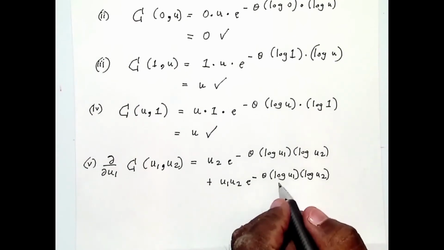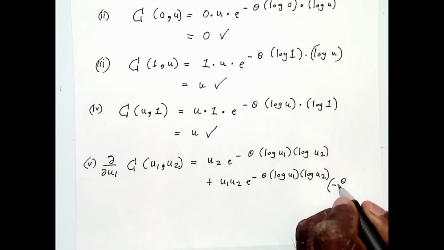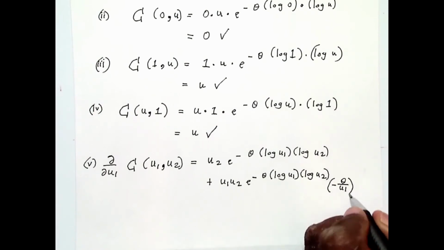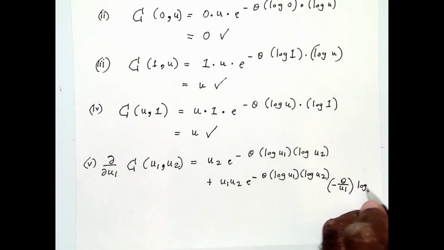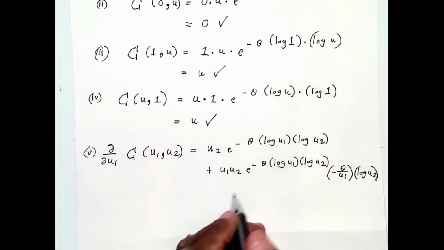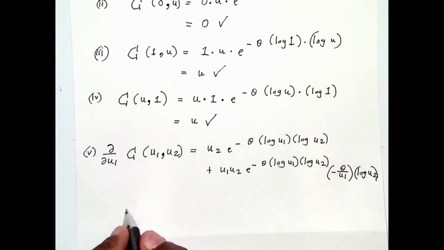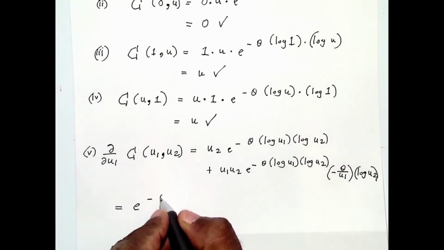Multiplied by minus theta over u1 times log of u2. So this is what you will get after using the product rule. Okay. So now if you simplify this, you will get the following: e to the minus theta, that's a